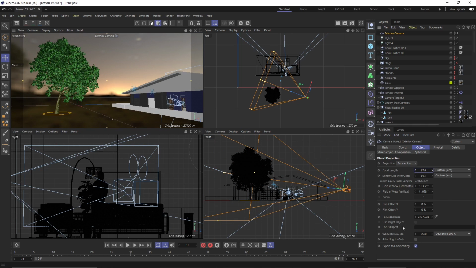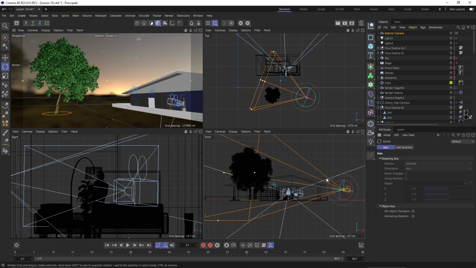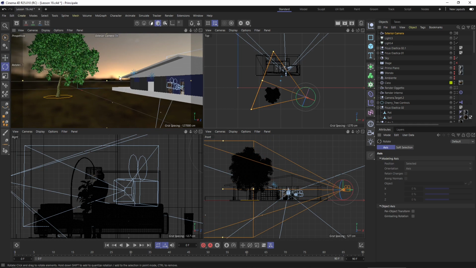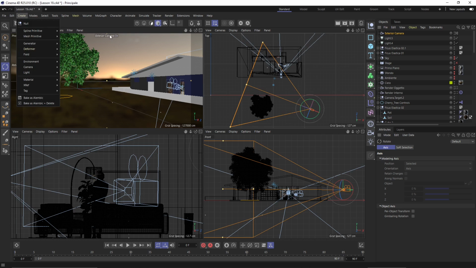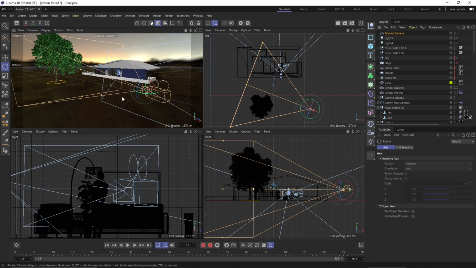And so we can change also some parameters here, or we can work directly in the view. Now when we use this camera here, we need to rotate the axis if we want to be in this position. Otherwise, when you use a camera target, you will also have a target that you can manipulate. So if I create here, well, let me again move out and let me create another one.